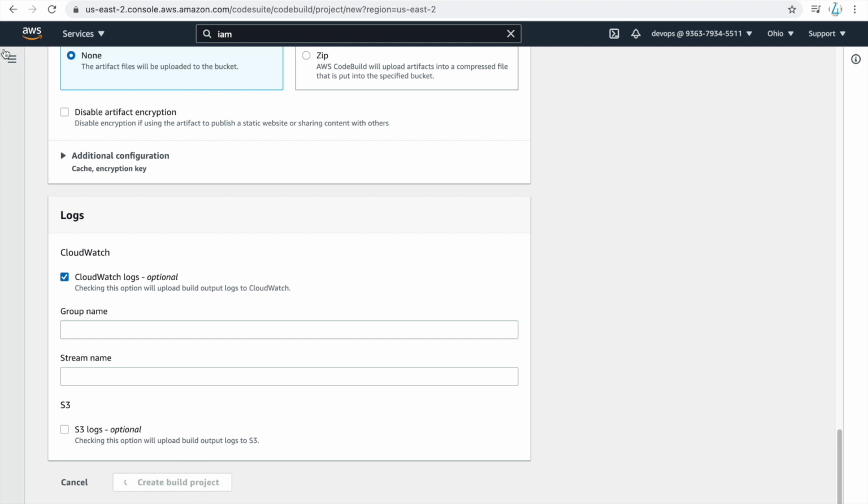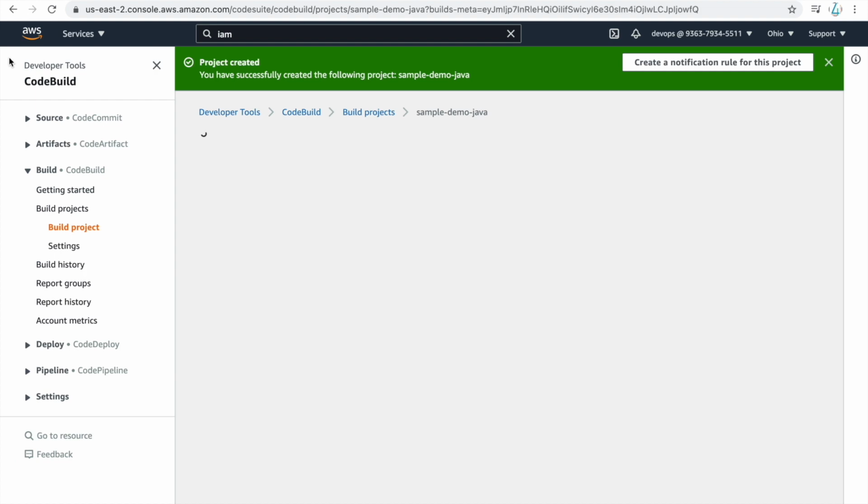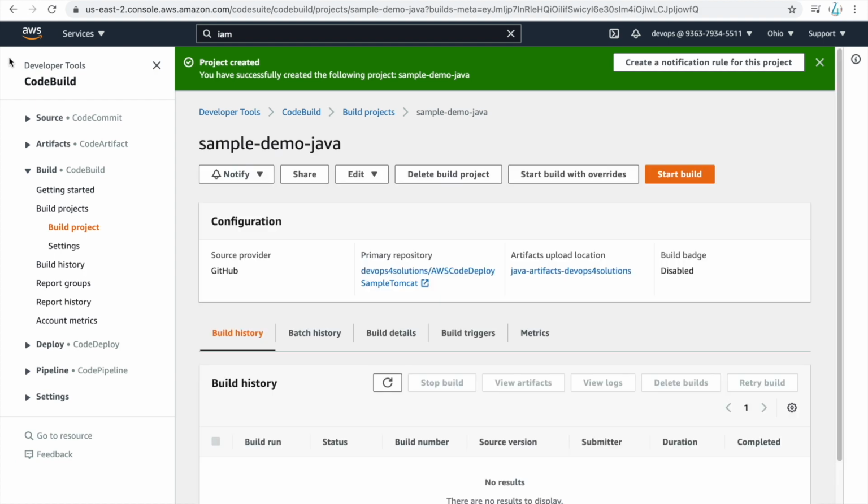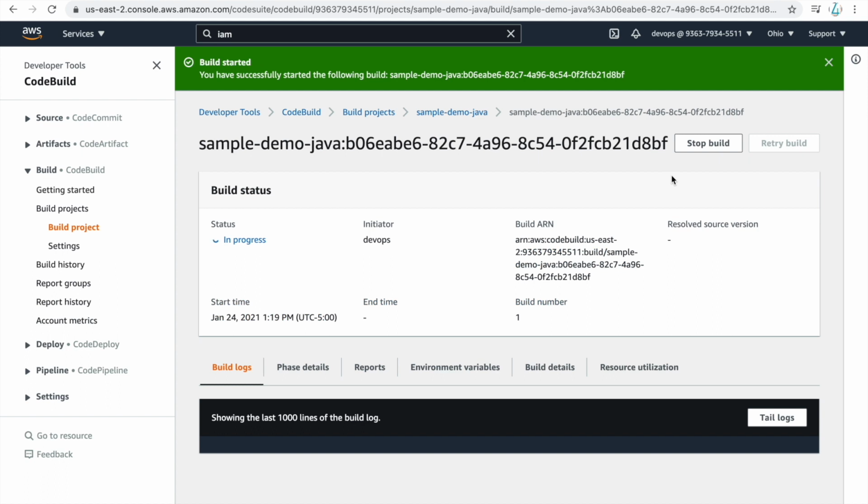So now it will create a build project, and CodeBuild actually just uses build servers to run your build. So you just need to pay for the time your build is running. If your build is not running, there is no payment. Okay, so here you can see every detail, and I can start the build like this also. Here you can see all your build logs, and if there are any other settings like environment variables, you should be able to see them here.